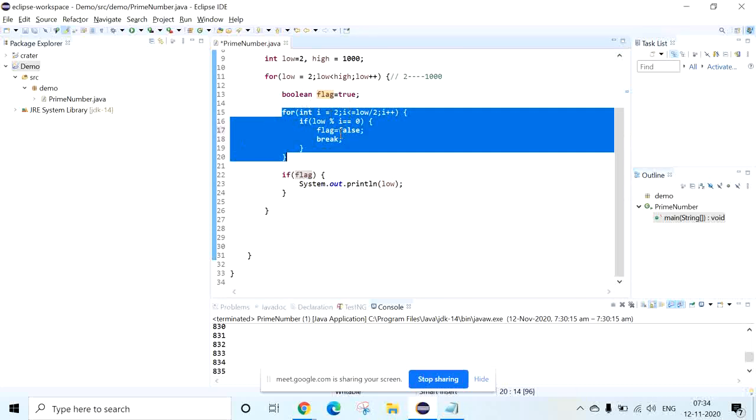Okay. So when you see the highlighted area, if it does not come to the for loop, what will happen? All the values are going to be printed over here: 2, 3, 4, 5, 6 up to 1000 it will print. Now why this highlighted area? This highlighted area is for finding the prime number. Okay.